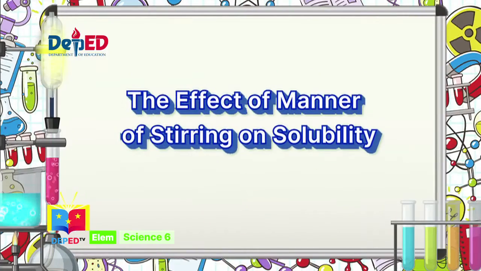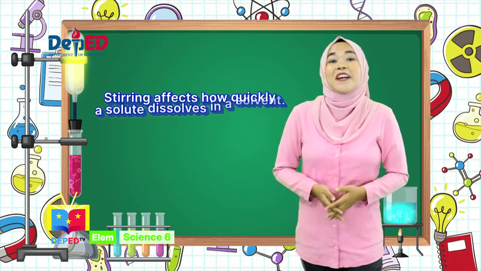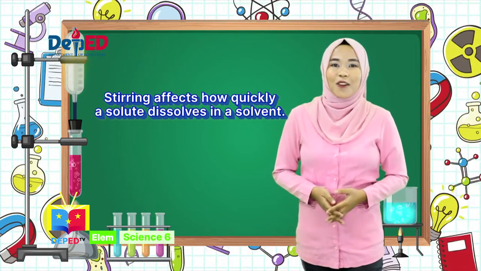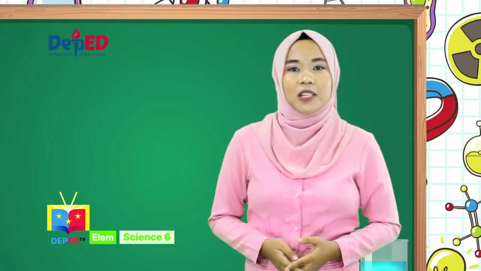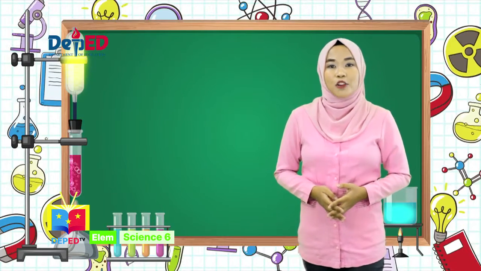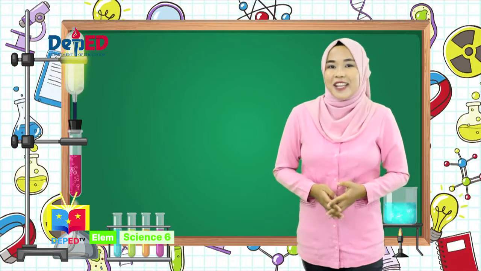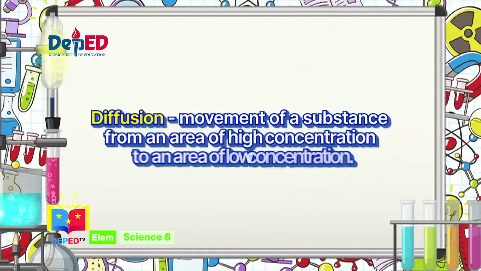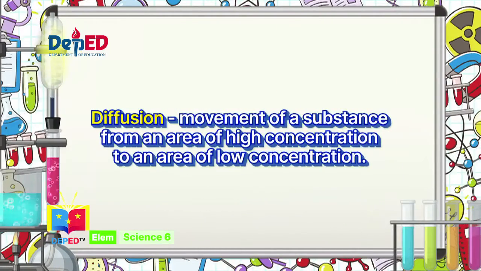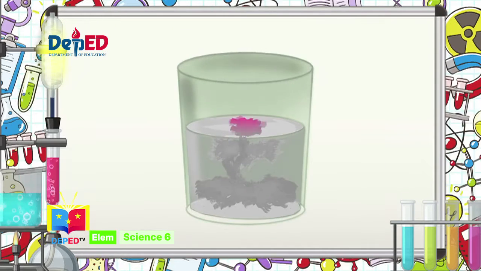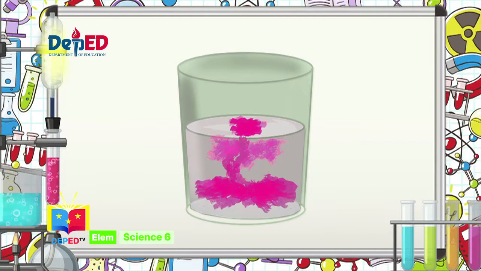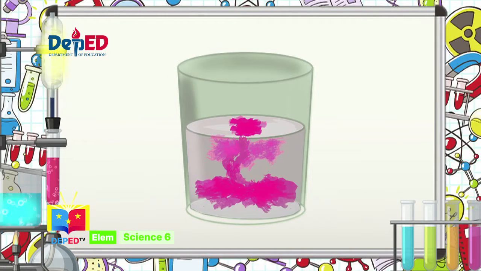The effect of manner of stirring on solubility. Stirring affects how quickly a solute dissolves in a solvent. In the absence of stirring, the concentration of solute will be higher close to the pieces of solute. So, more solute won't be dissolved into the solution until it is stirred. The solute will dissolve faster by diffusion. Diffusion is the movement of a substance from an area of high concentration to an area of low concentration. Example, a drop of food coloring diffuses throughout the water in a glass so that eventually the entire glass will